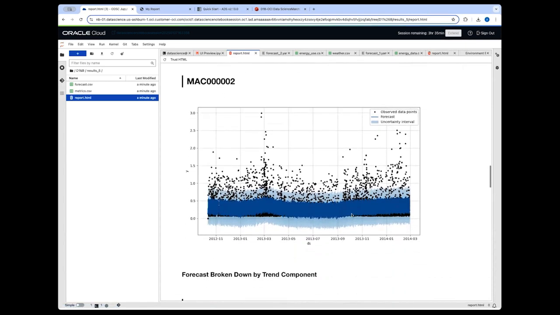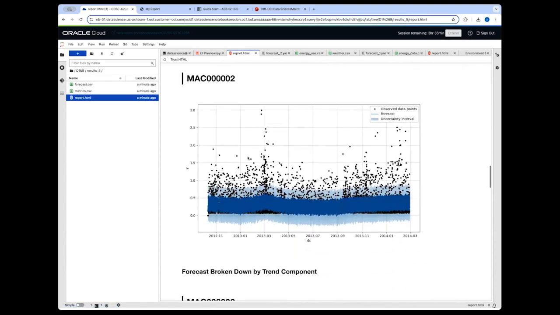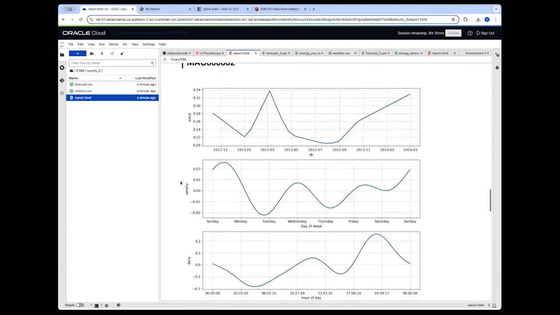We get the overall forecast. We can see that there are definitely some anomalies in energy usage spikes that we can't predict. But for the most part, we're capturing a lot of this trend. And I think, again, what's most interesting is to break down the trend components and see that the model's roughly getting it right. So the overall trend, there's some pattern to it that roughly makes sense,